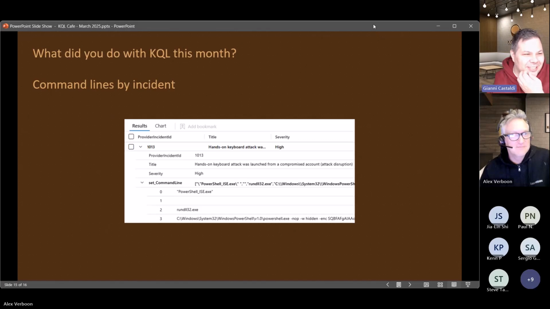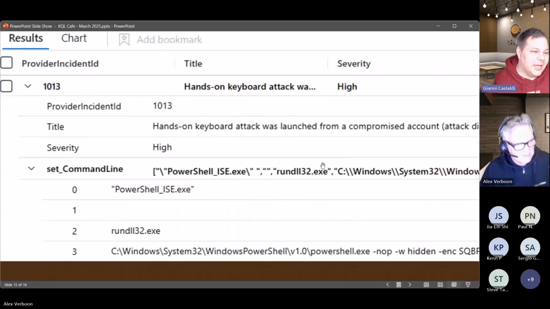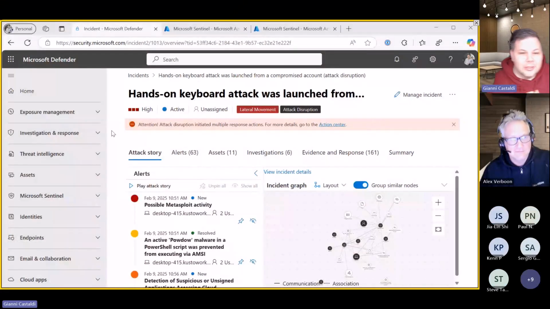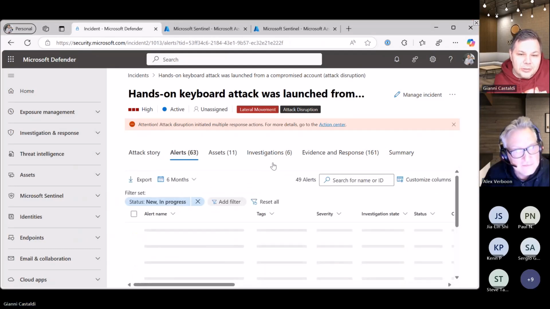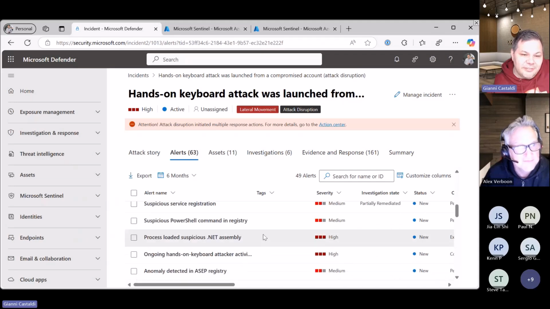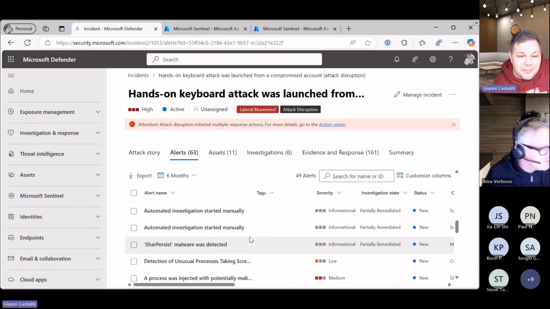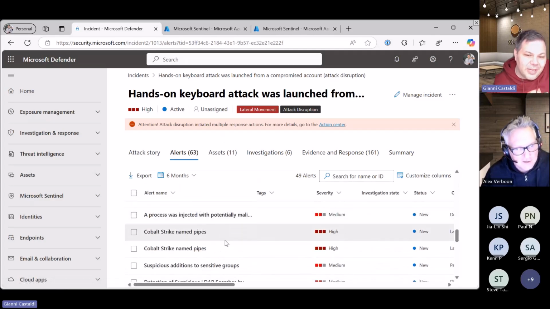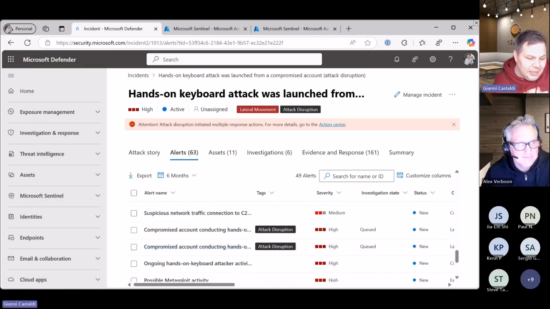So I was playing with a friend the other day, and we were discussing what can you see from an incident from the KQL. So basically, let me share my window again. We have a nice incident over here with a lot of alerts and all these activities. What happened was there was some Cobalt Strike activity here. I played around a bit, did some nice things. And then I wanted to see, hey, what can you see?